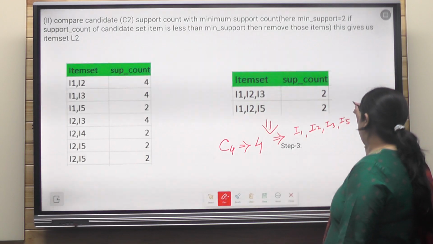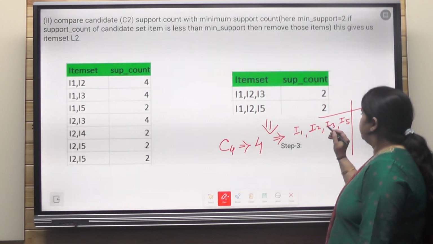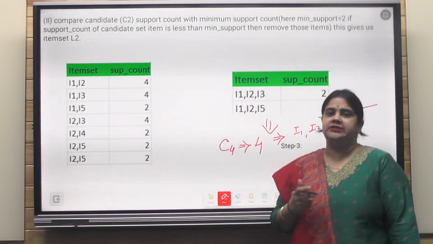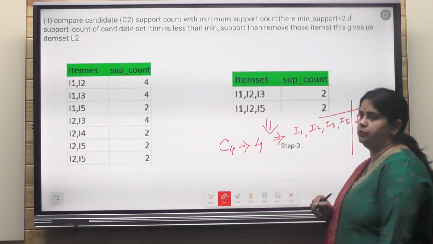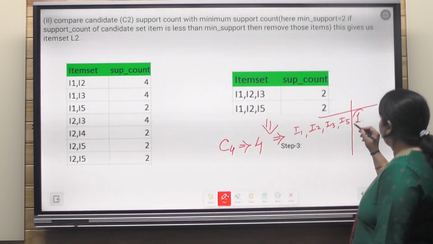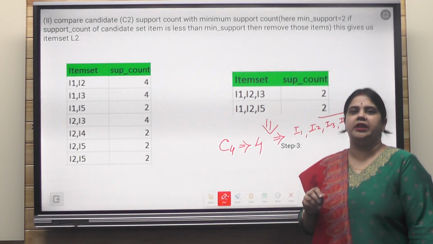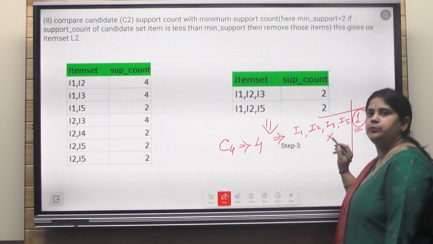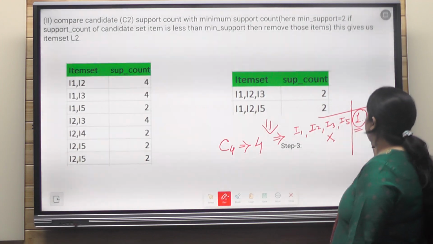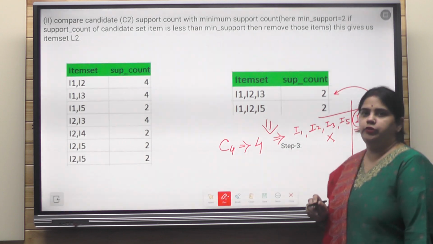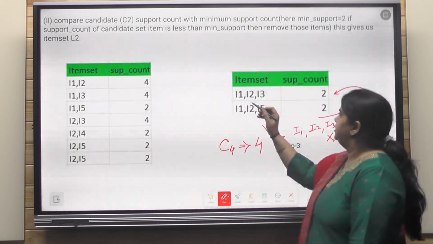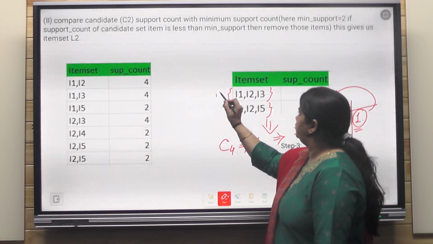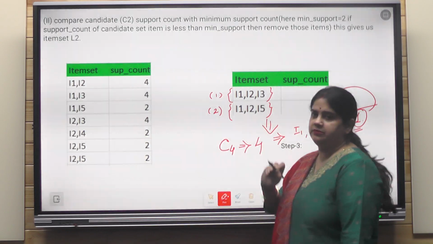Now what will we check? We'll check its support count for sure. So what about 1, 2, 3, 5? How many times has it been purchased? You can see from the previous slide, this is the count of only 1. Now as the support count value is only 1, which is not meeting the minimum threshold, this will be rejected. This will not be in my frequent bucket list. I will backtrack and give my conclusion here that my final frequent item list is I1, I2, I3 and I1, I2, I5. These are my 2 frequent items.